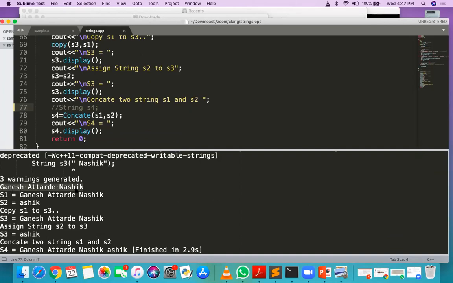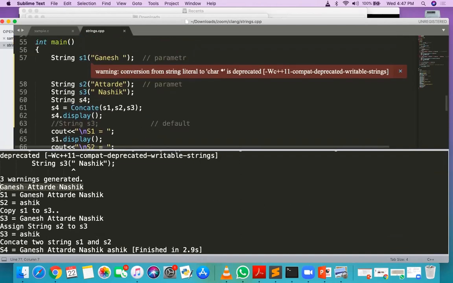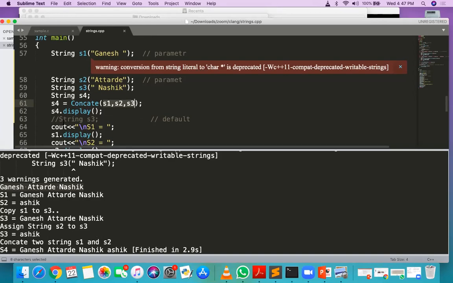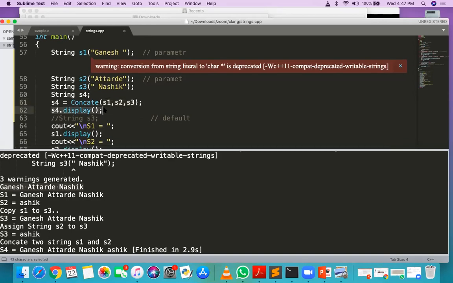Getting? Even Ashik is given, sir. Yes, because S3 is Nasik, and I have concatenated the three strings here. The Ashik is also there, so that's four, right? Even Ashik is there, so there are four strings. Yes, because the output is S4 dot display.